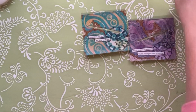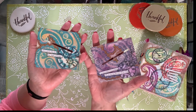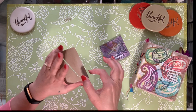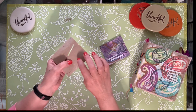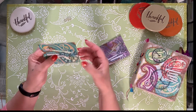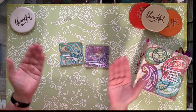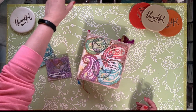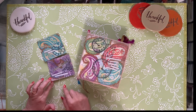Okay, so these are finished. I will decide where to put them in my journal. I will probably take and back around the back side, leaving the slit open, but putting glue around here and mounting it to some cardstock so that when I make this part a pocket, it doesn't catch on whatever is in this pocket. It'll be a backing to this pocket. And if that's confusing, watch for the video where I show you how I do that and it will all become clear. So there is my technique for my Artsy Fartsy cover and the 2 Artsy Fartsy pockets for my